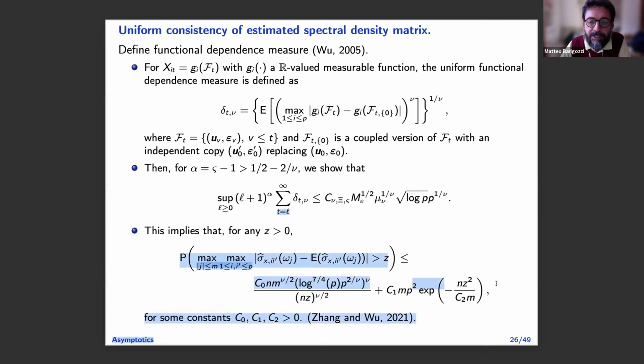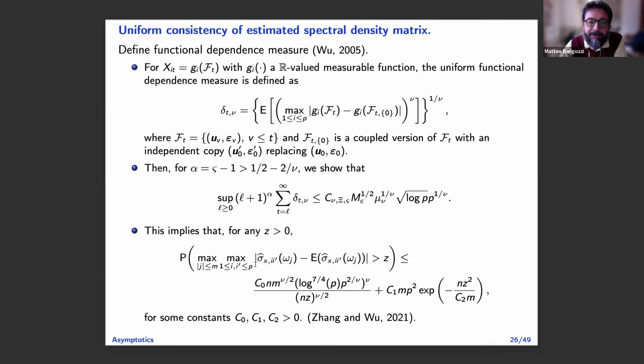And it follows this fantastic concentration inequality that we have here, where the two max are inside. This one is over all the frequencies, and this one is over all the entries of the spectral density matrix, so this is as uniform as you can think of. You have two pieces: the classical Gaussian tail here, and then something that depends on nu, on the tails, on the extreme behavior. Obviously, there is the max, so that must enter somewhere. So then we play with this.